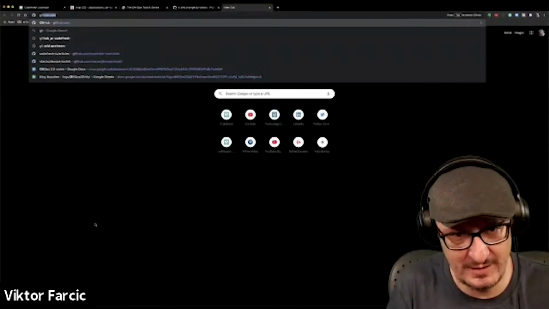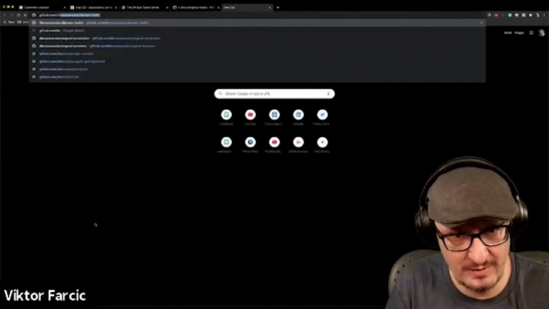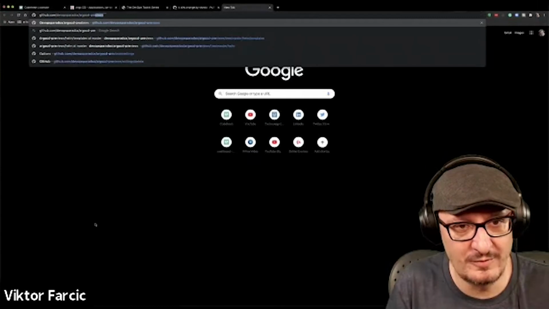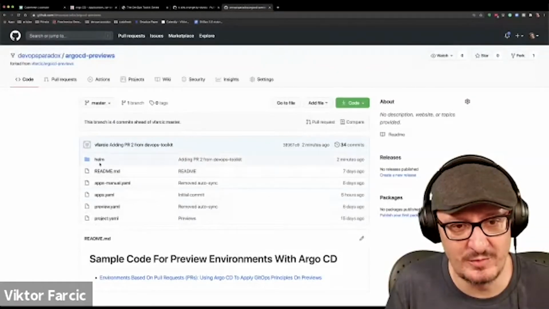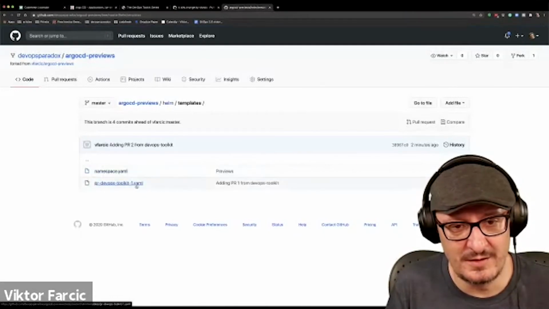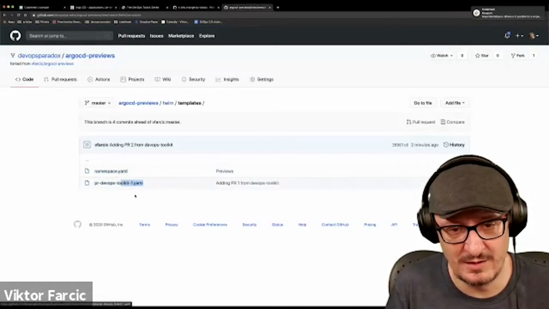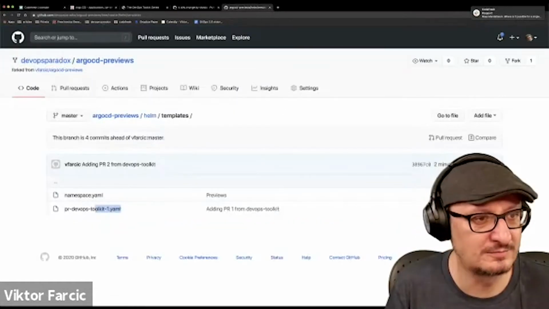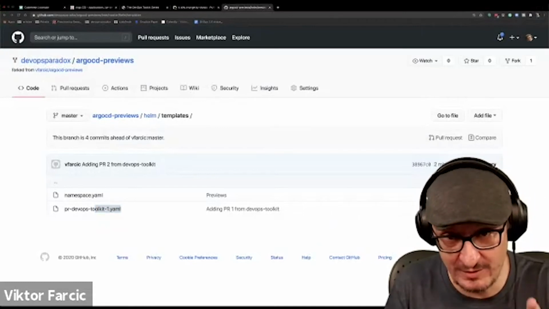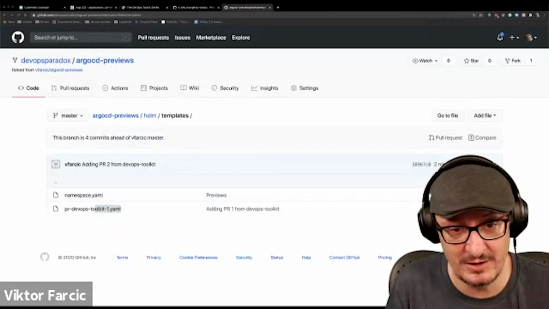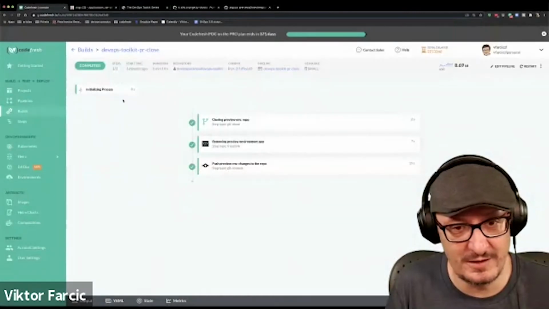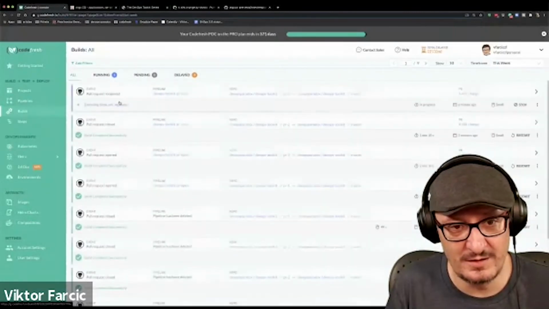While waiting for this, let me actually show you. Argo CD previews. This is actually this mythical repository. If I go to Helm templates, you can see here there is only one file, ignoring the namespace, that actually defines the first pull request. The second pull request is not here because the pipeline did not really finish executing just yet, but it will soon. And if I go back to Codefresh, builds,